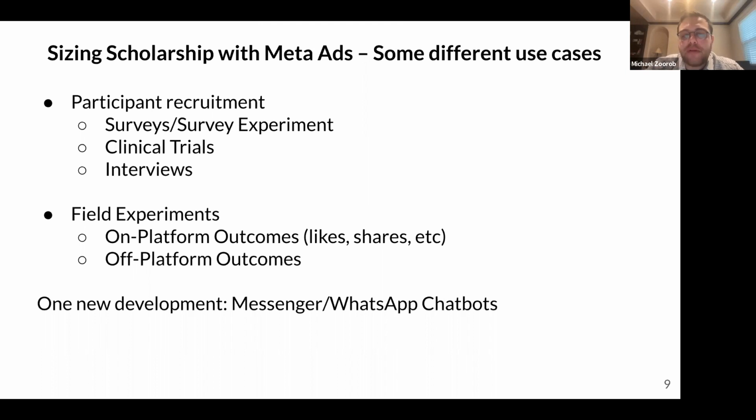Facebook and Instagram ads have a lot of advantages in certain use cases, like I described on the conference slide. For example, there are some populations, like employees of particular companies, where it's not obvious how to survey them. There are also geographies like remote islands or certain countries where survey companies simply don't exist. And so this provides an alternative way to reach people.